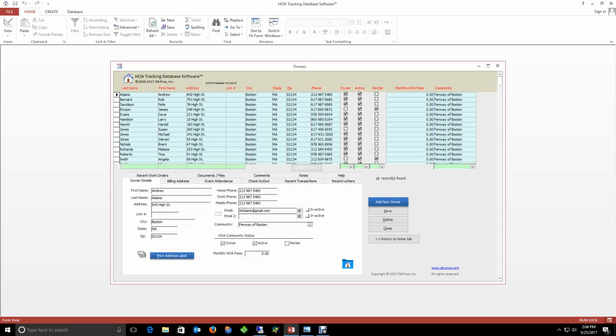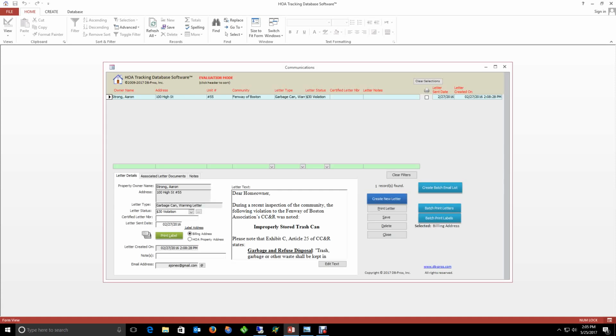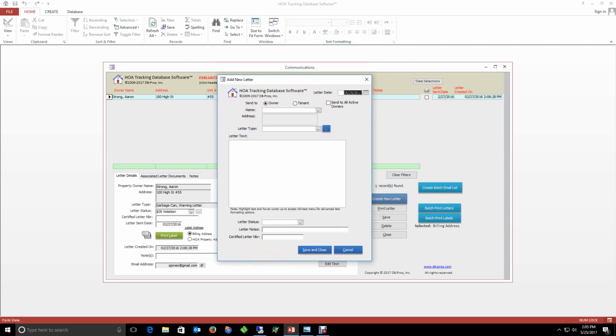So I wanted to show you another function in the system, and this is the communications module. This is how you would create a letter, or to notify a homeowner or tenant, and track it really easily within the system. So we're going to go to the communications button. This is the main browse screen here. We're going to create a new one, so we'll click the blue Create New Letter button, and we'll decide who is to be the recipient of this letter,